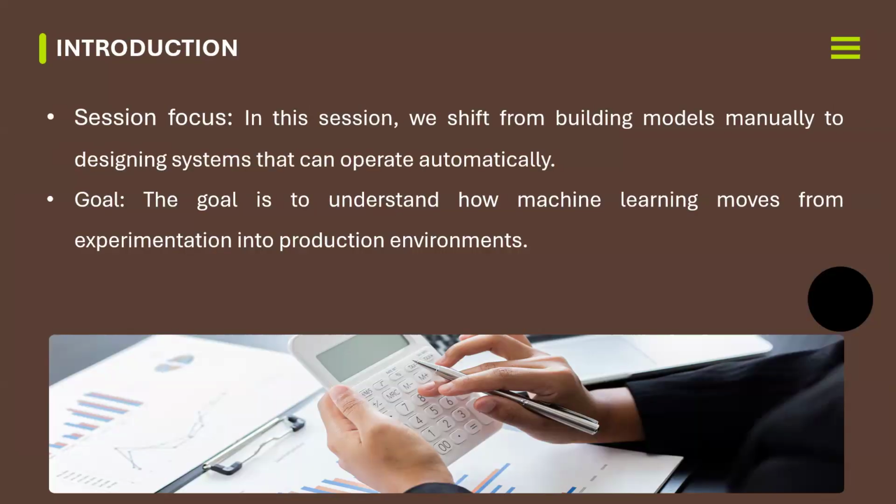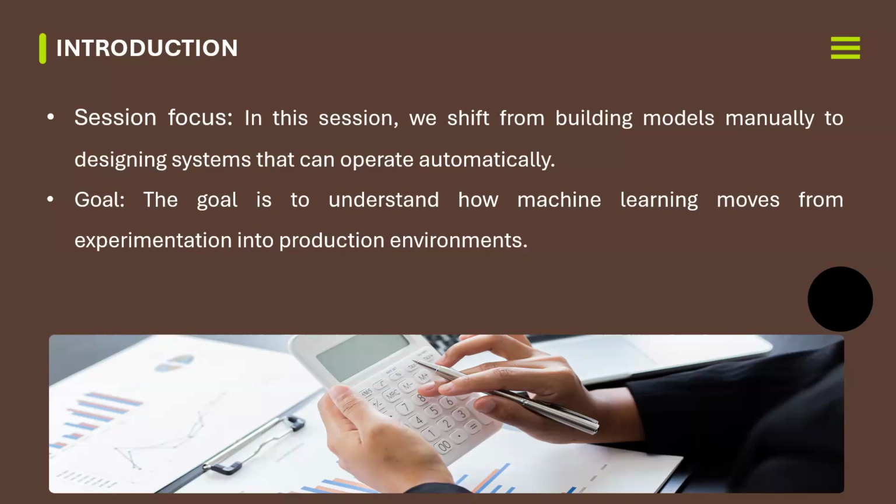The goal is to understand how machine learning moves from experimentation, our training, into a production environment. What that means is after we're done with training and we're moving to production, we don't want to have to come back every time we want to train the model and take each step one after the other. We just want to make sure it's automated. As soon as somebody sends in new data, the model is trained again, and we have a model that is functioning and up to date. So that's what it is to automate your pipeline.